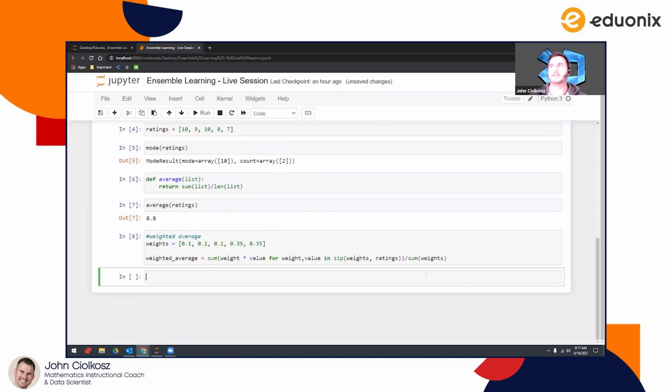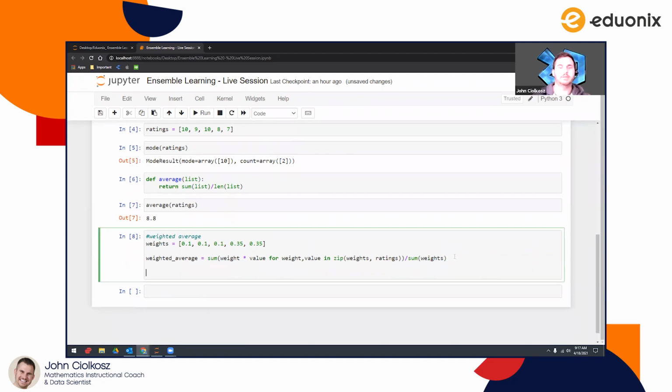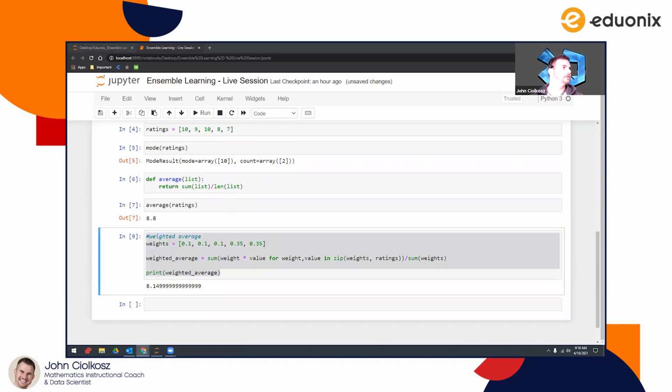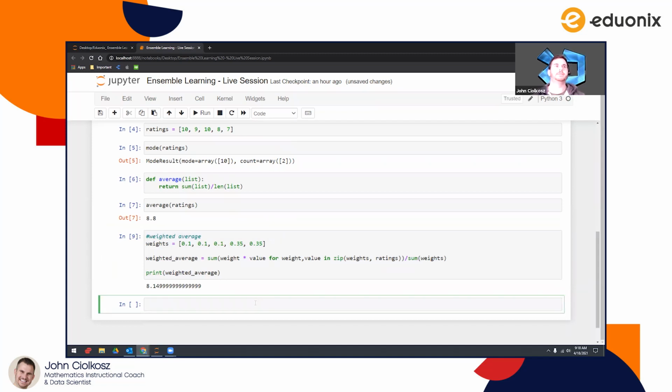And then what we want to do next is just print that out. So let's actually go back and edit this and just go ahead and print that out. So I can say print weighted average. There we go. And I'm gonna go ahead and update our little online code repository as well. So these three different things here, and why we worked on these little exercises, is to kind of see